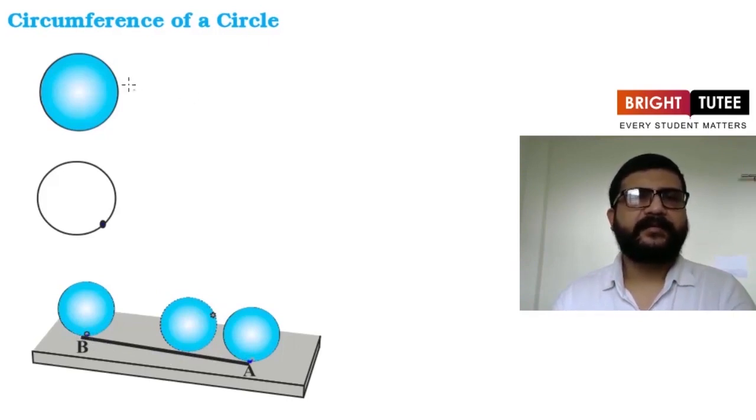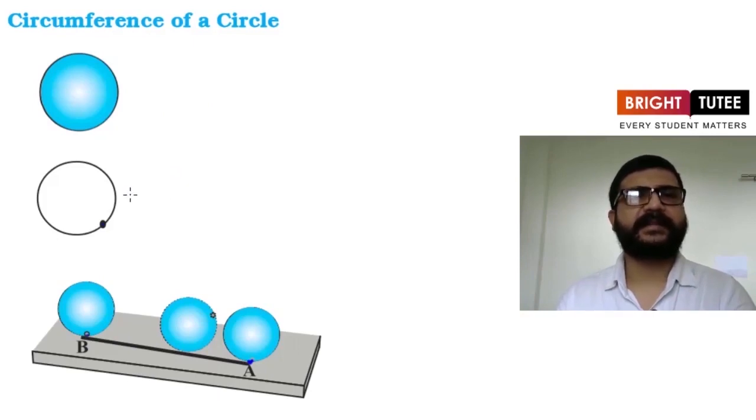So what we are doing here, we have taken one circular cardboard and marked one point on that circular region, and then we placed the circular cardboard on a table such that the marked point touches the table. Now we are rotating this circular cardboard along the straight line on the table till the marked point touches the table again. As we can see here, it touches at this point A on the table. Now the distance around the circular region is the distance equal to BA, which is a straight line. So this is how we can find circumference of a circle.